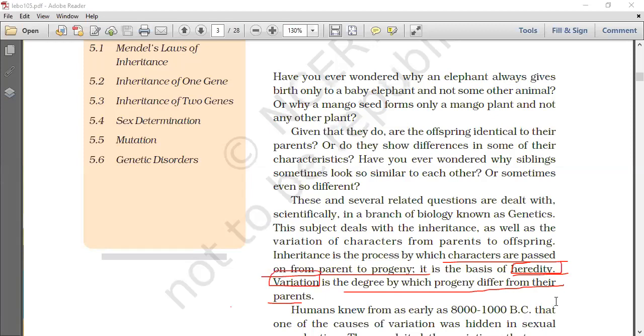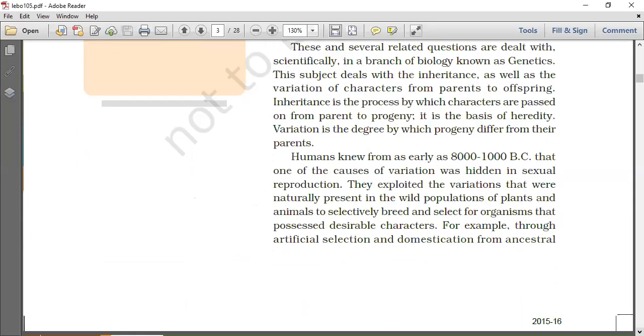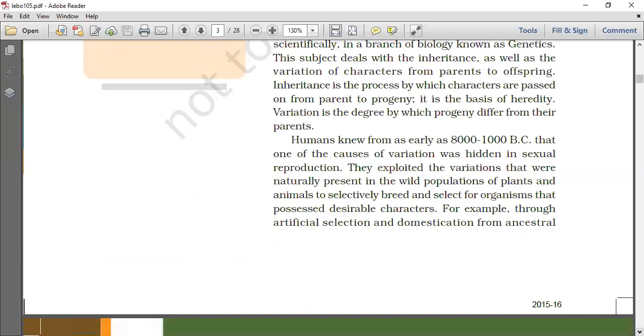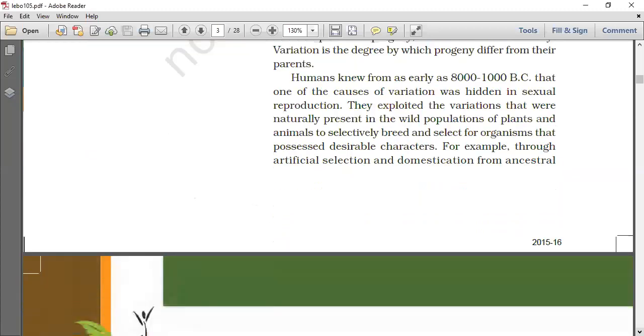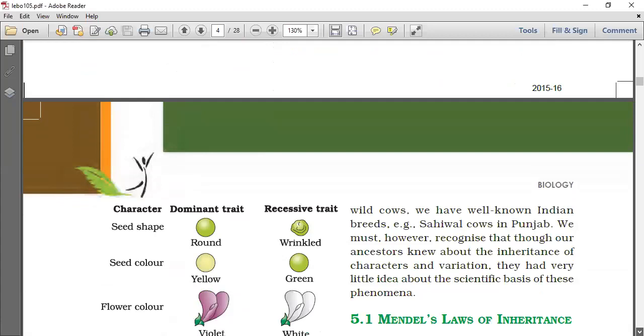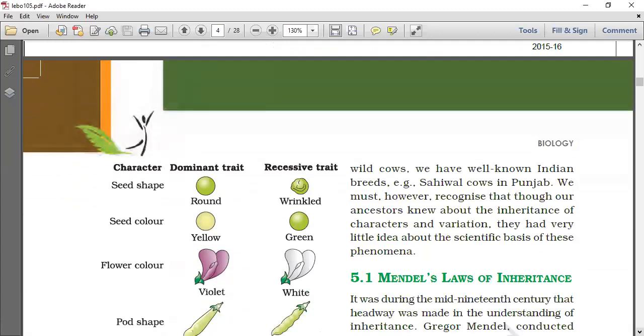Humans knew from as early as 8000 to 1000 BC that one of the causes of variation was hidden in sexual reproduction. They exploited the variations that were naturally present in the wild populations of plants and animals to selectively breed and select for organisms that possess desirable characters. For example, through artificial selection and domestication from ancestral wild cows, we have well-known Indian breeds like Sahiwal cows in Punjab,